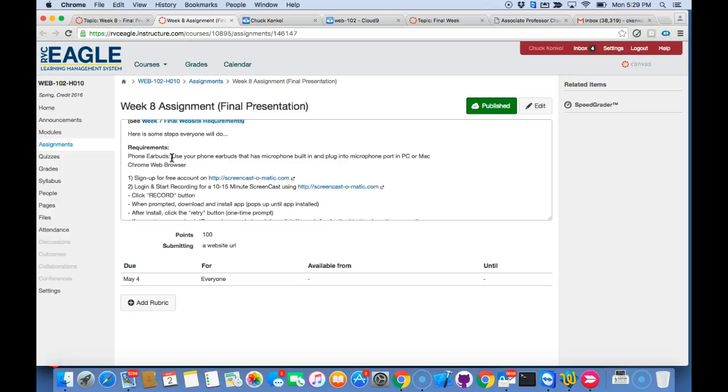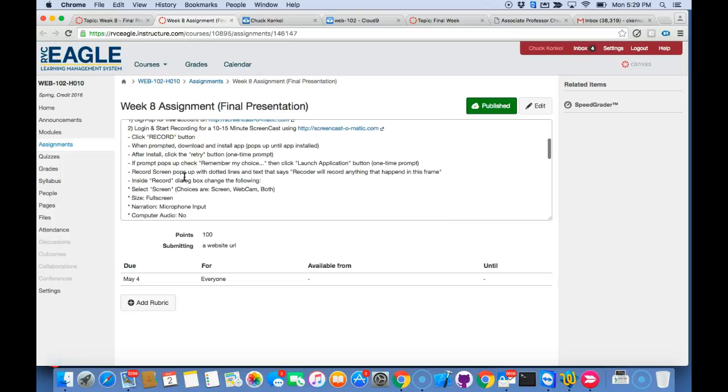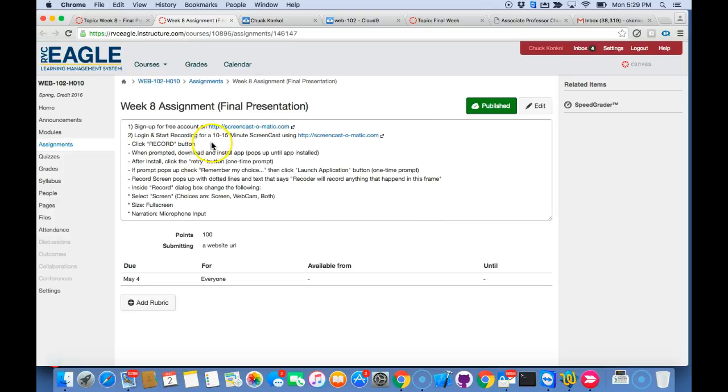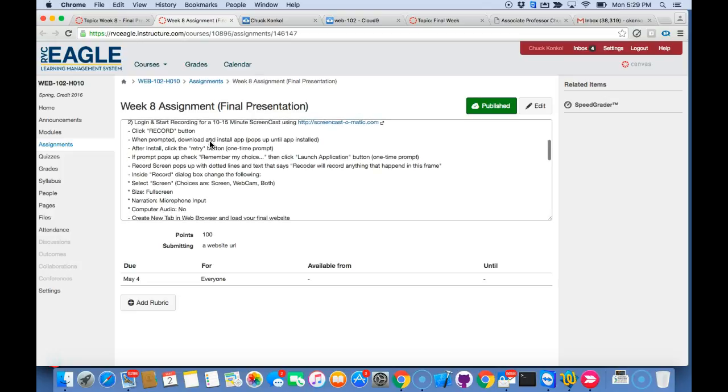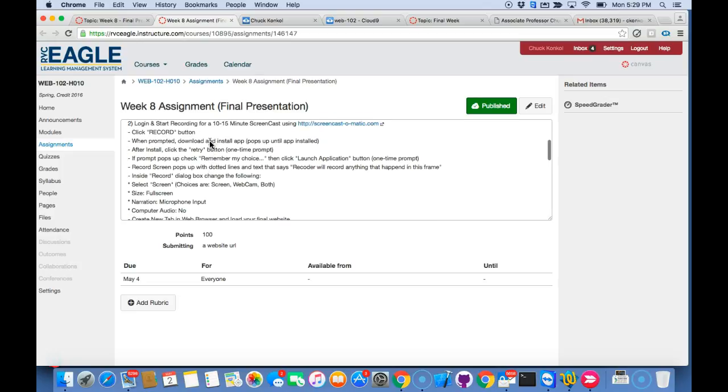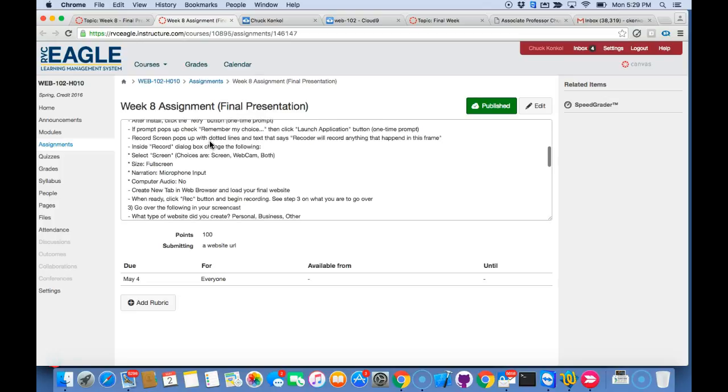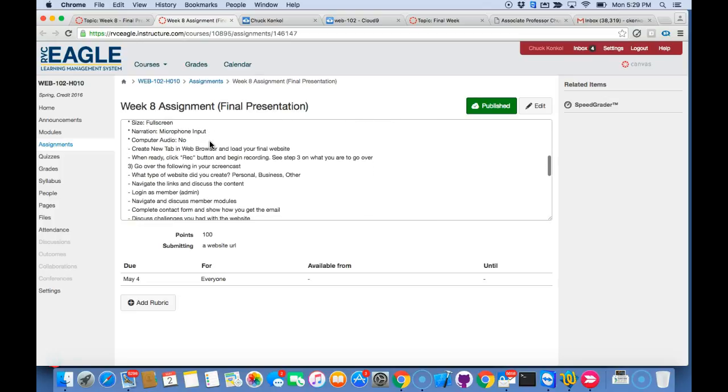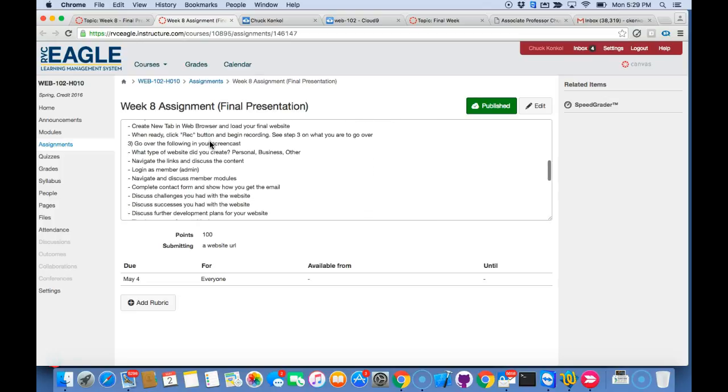Also, I recommend the Chrome web browser. You'll sign up for screencastomatic.com, log in, and start a 10 to 15 minute screencast. I'll walk you through the step by step here. But one thing I want to mention after number 2 here, where it talks about how to start a screencast,